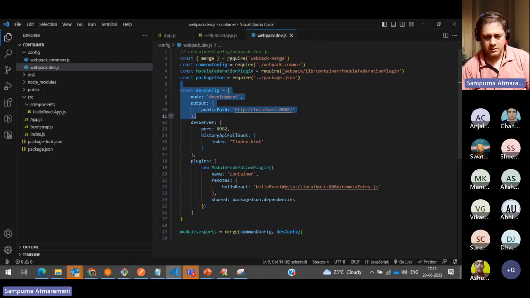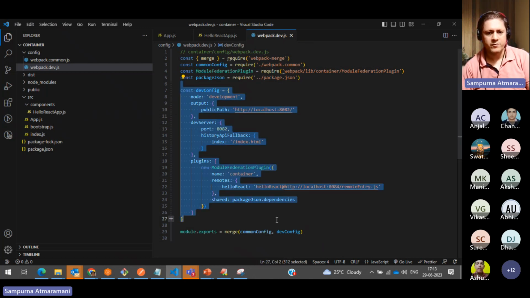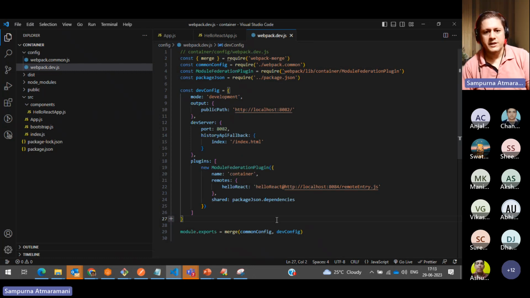And in this configuration, if you see carefully, I did not build anything. I am doing it at run time. This is a very important terminology in this world. There are two terminologies. One is run time. One is build time. So what I am showing you right now is the run time. What is run time? The light is currently on and I am changing the wire. That means